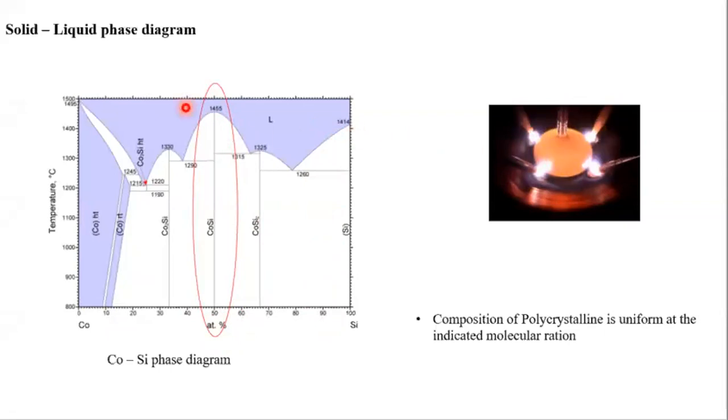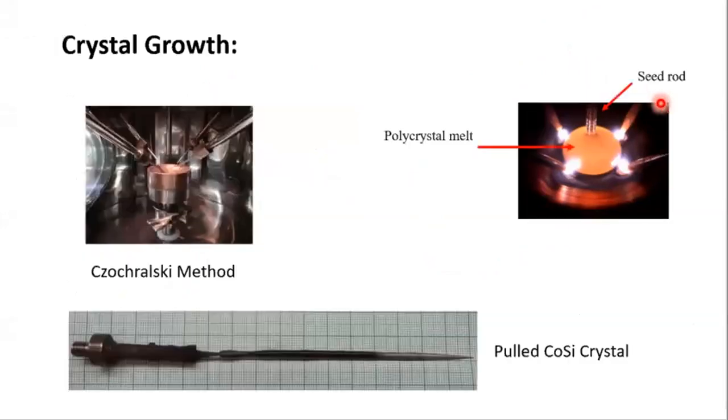So for this Czochralski method, it is important to have this dome line, which basically indicates whether you have a uniform phase or not. So let's say you have taken a 1:1 ratio and you melt it. By melting, you get polycrystalline material and it has a 1:1 composition. So we got some polycrystal.